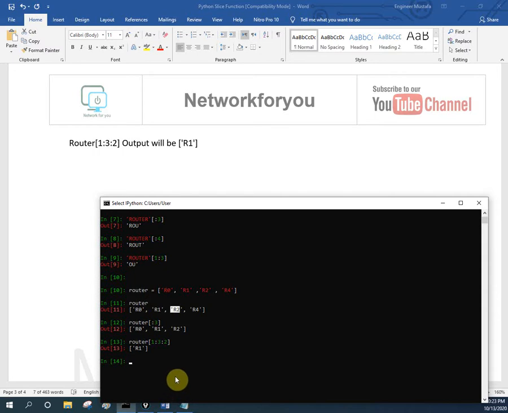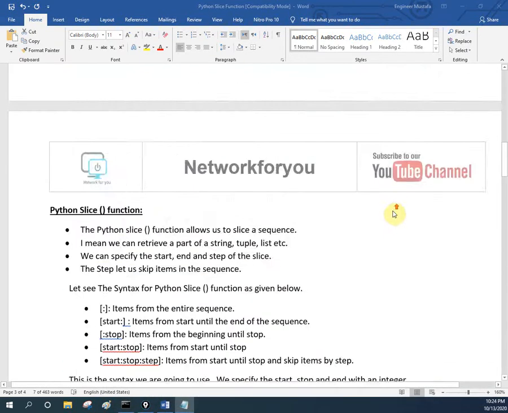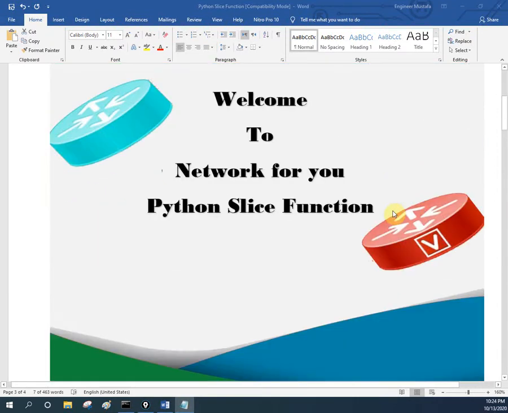If you have any confusion, no issue. This is basic. When we write the code, we are going to learn more detail. So this is one topic we finished. Now we have some logical operations in Python. We are going to cover that, and very soon we are going to look at how we can install Visual Studio Code as well as GNS3.